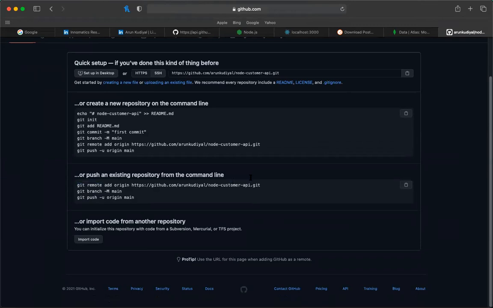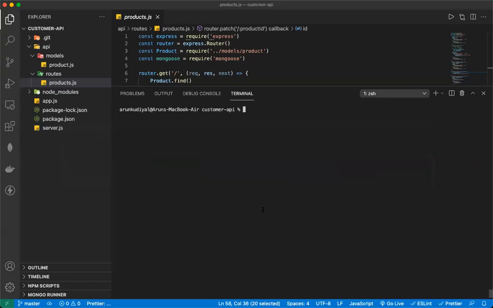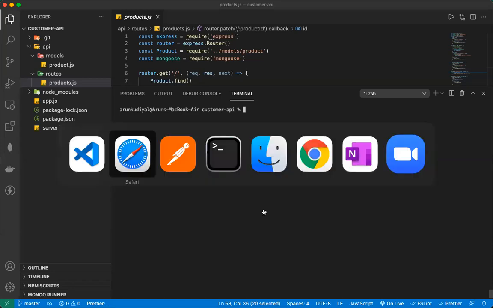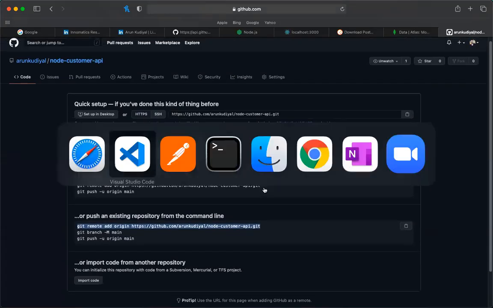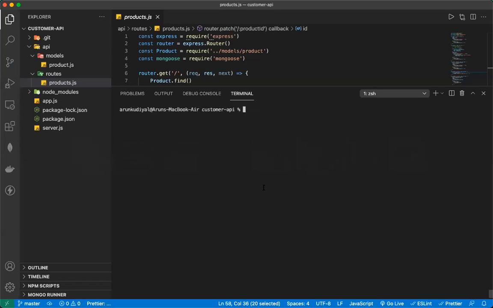Let's actually quickly make this. Oh, where was I doing stuff? Same, right? Git remote